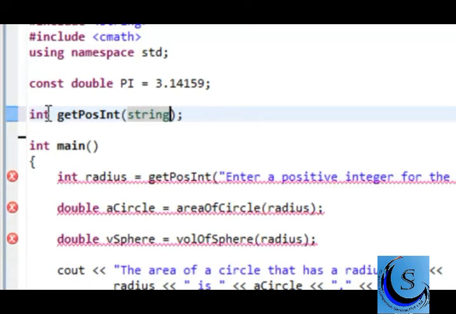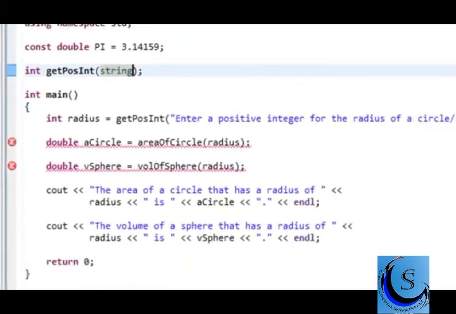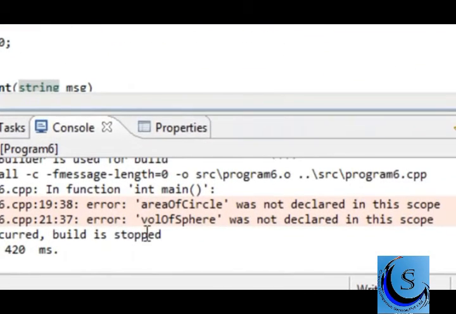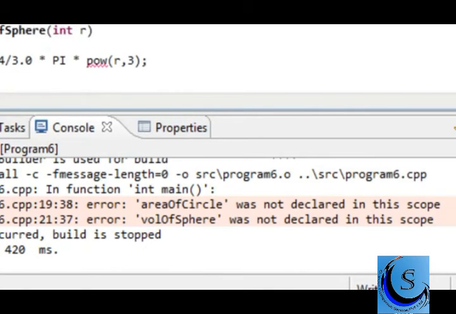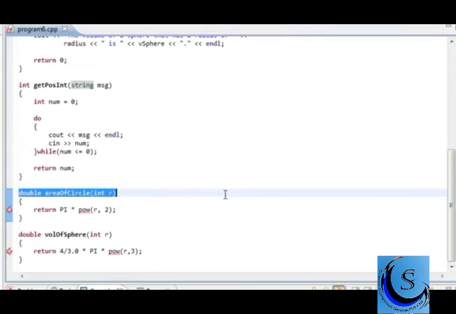And all this is doing is saying that for this particular function, it's going to return an int, its name is getPosInt, and it expects to have a string value. We have to declare that information so the compiler knows what this function actually looks like. So if we were to save this particular program and then build it again, so we're compiling and linking, you can see that we now don't have that error for getPosInt not being declared. And we could do the same thing for these other functions as well. So we'll just go ahead and copy